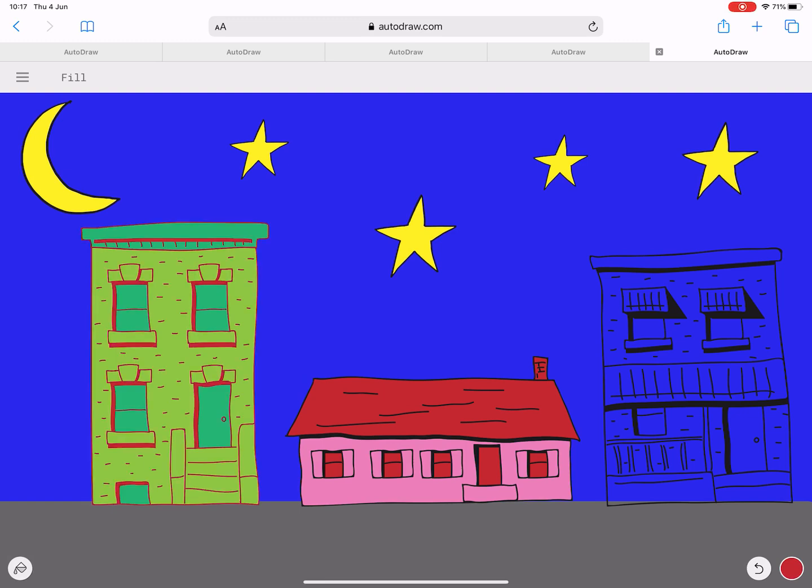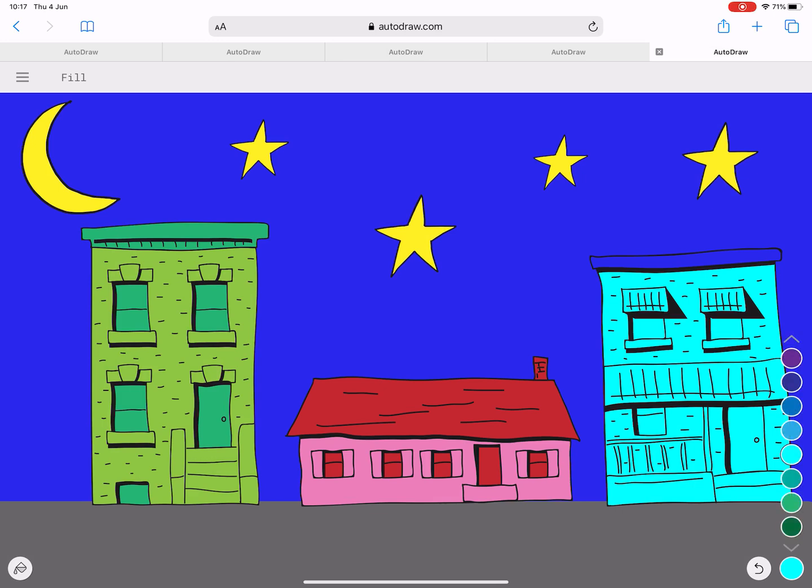I don't know if you will notice that. I'll do it again so you can see it. If I press the black outline with the red, it will actually change colour. So that's another way to change the outline of your colour as well, using the select tool or by pressing it, you decide. And last but not least, I'm going to have a go at just colouring in this building